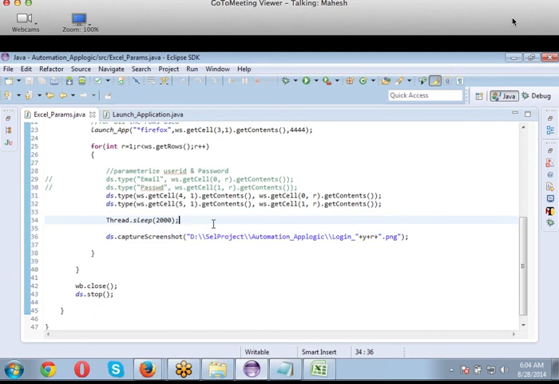Going ahead, we need to do Notepad parameterization also: how to read a Notepad where we have parameter values. We'll work on that also, don't worry. After that, we'll be going through accessing tables, and how we access objects inside web pages, like text boxes, radio buttons, check boxes, buttons, how we use them and how we perform actions on those web pages.